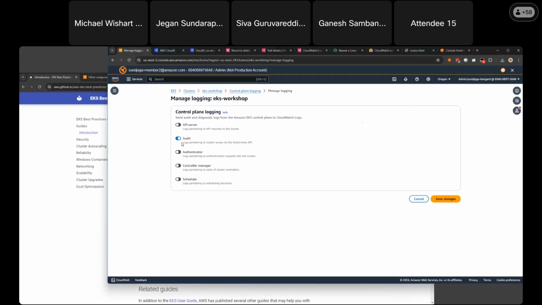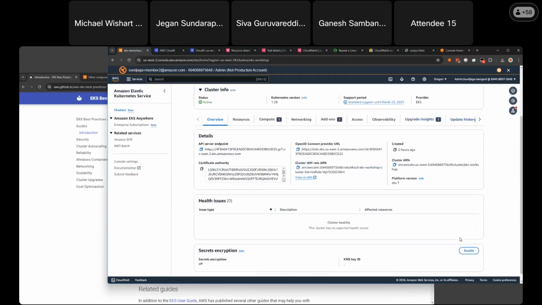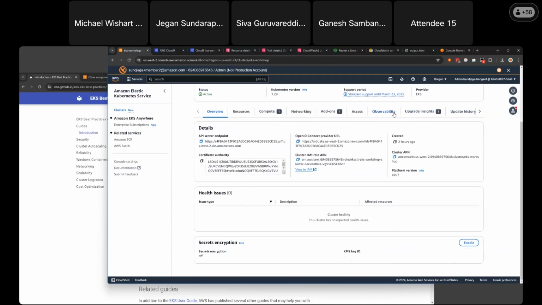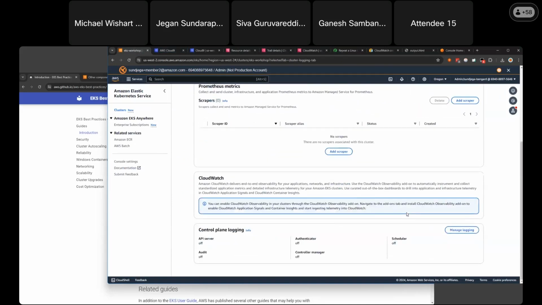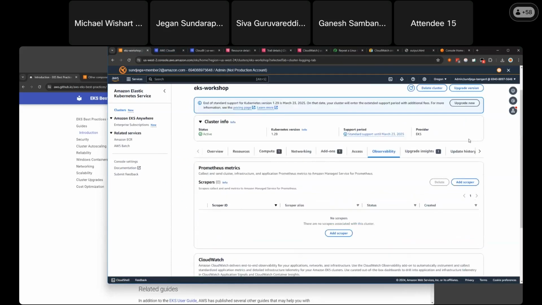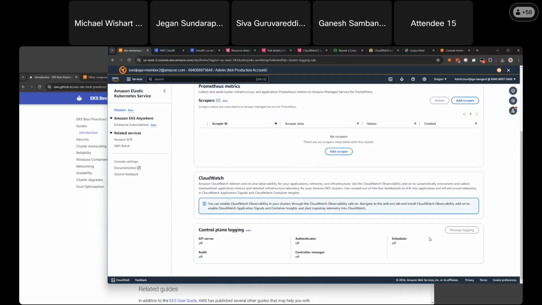This particular check only checks if audit logs are enabled. So I just changed the audit logging. I enabled audit logging. Let me refresh the screen. Maybe it's not refreshed.